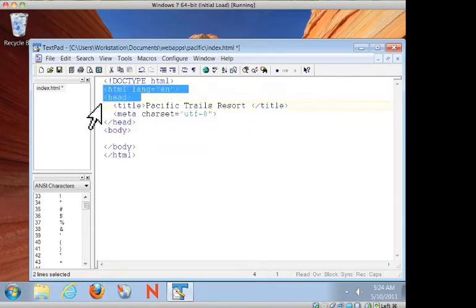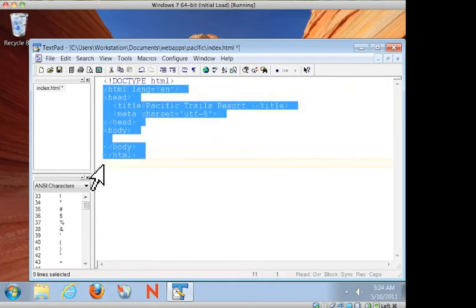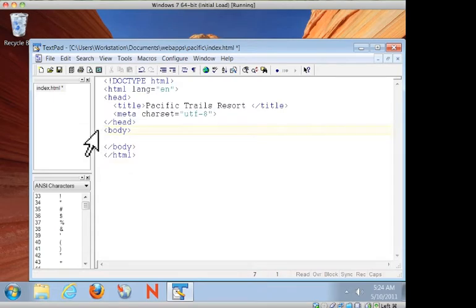Nesting is also seen with the entire web page. So we start with the HTML and we end with the HTML. Here's the body, and we're going to be adding code to the body in a moment, and we'll indent the code within the body as well. So anytime we have a nested pair, we want to indent for ourselves, not necessarily because the browser cares about that. Now let's begin to add to the body,